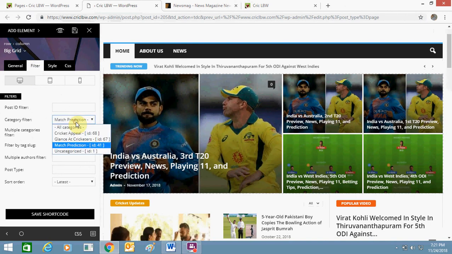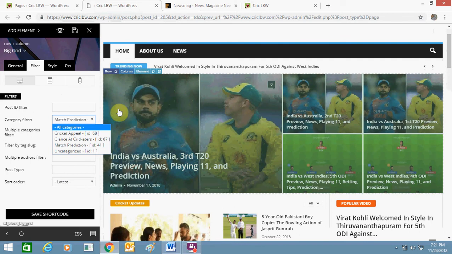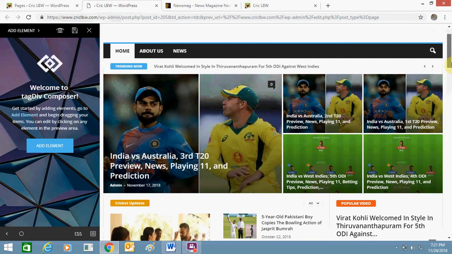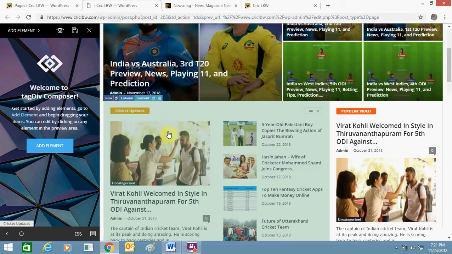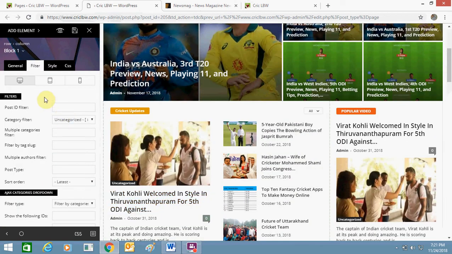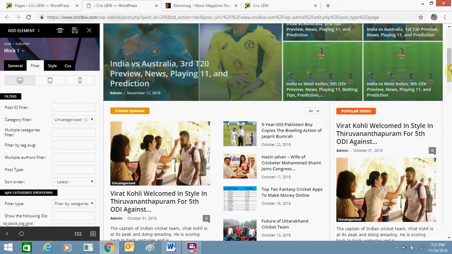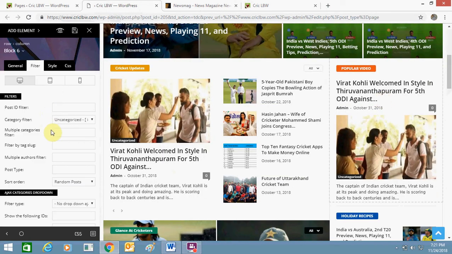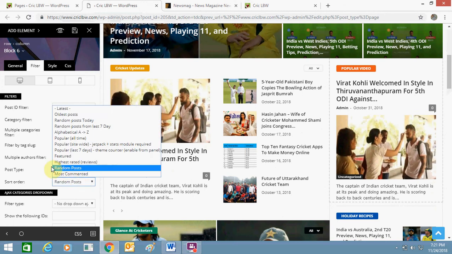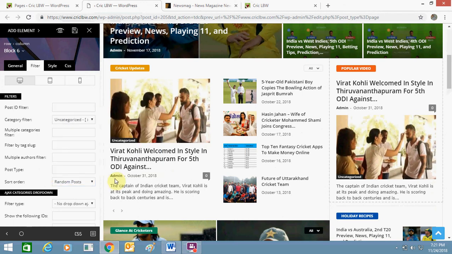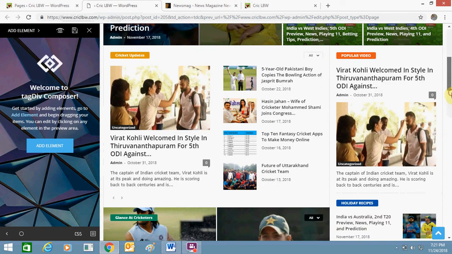You can choose the category and it will come here. Okay, so likewise this other sections show the same things. In filter option, like in popular videos you can select this popular category, and you can select this in random post or older post ones. You will get all the features here.